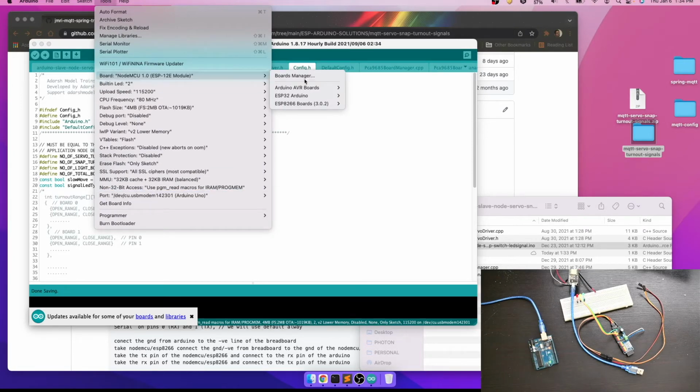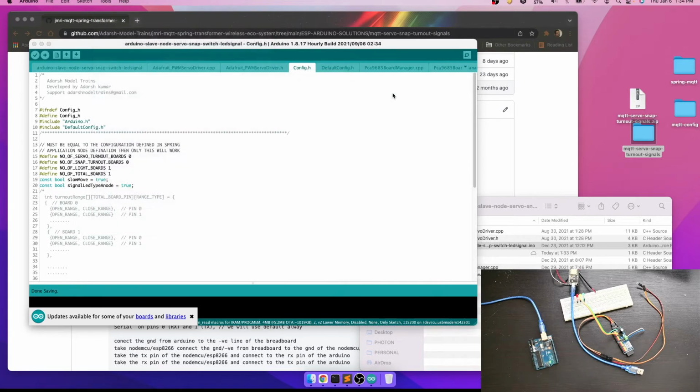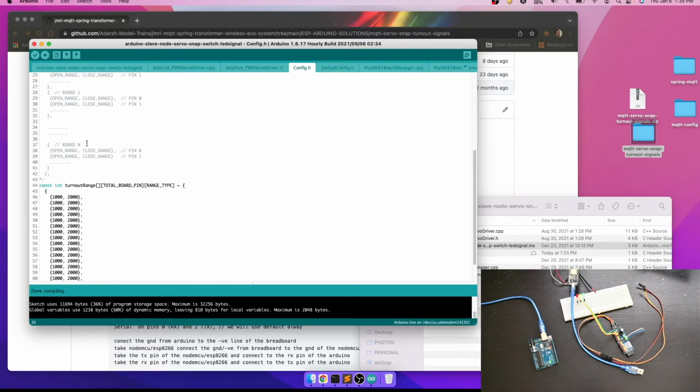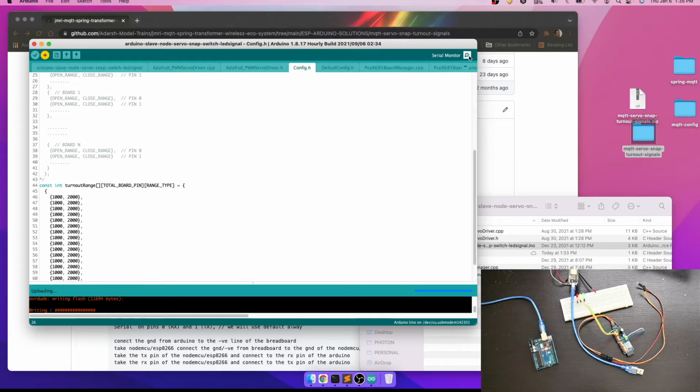Port is correct. Board type we need Uno. You can use Uno, Mega, whatever you want. This code supports most of the types. So code has been compiled. Code uploaded.